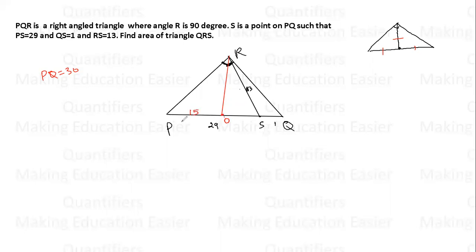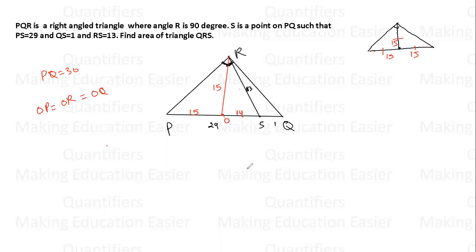And if OP is 15, definitely OQ will be 15. OQ भी 15 होगा, तो ये पार्ट कितना हो जाएगा? OS will be 14. Right? Now can I say OR will also be 15? अभी हम लोगों ने डिस्कस किया है, अगर ये PQ पूरा 30 है तो ये 15 है, तो ये भी 15 होगा. So I can say OR will also be equal to 15. I'll write it here. OP is equal to OR is equal to OQ. All three will be equal to each other.